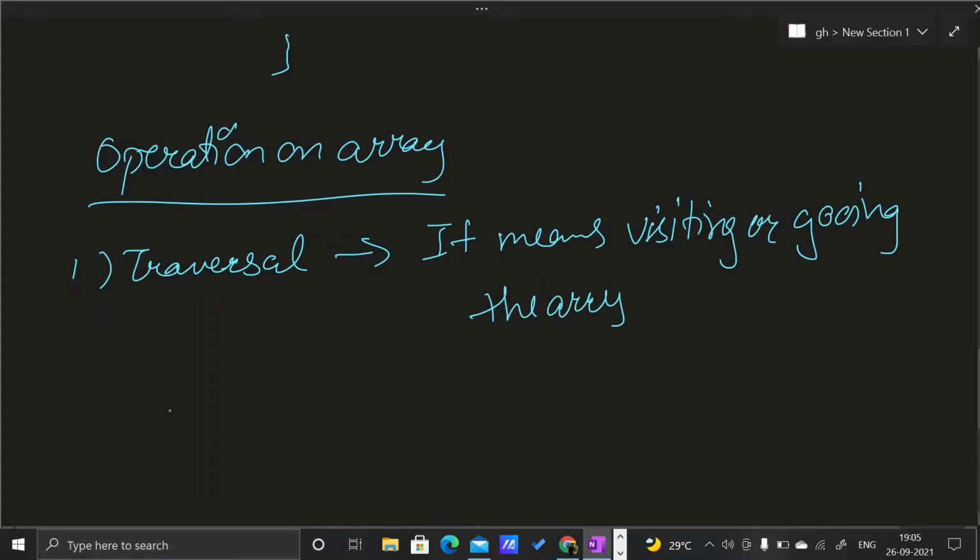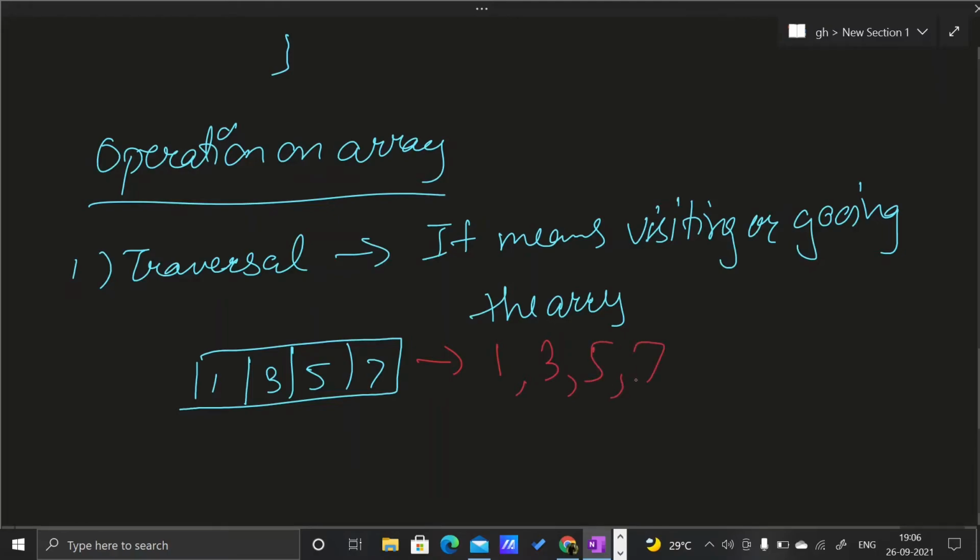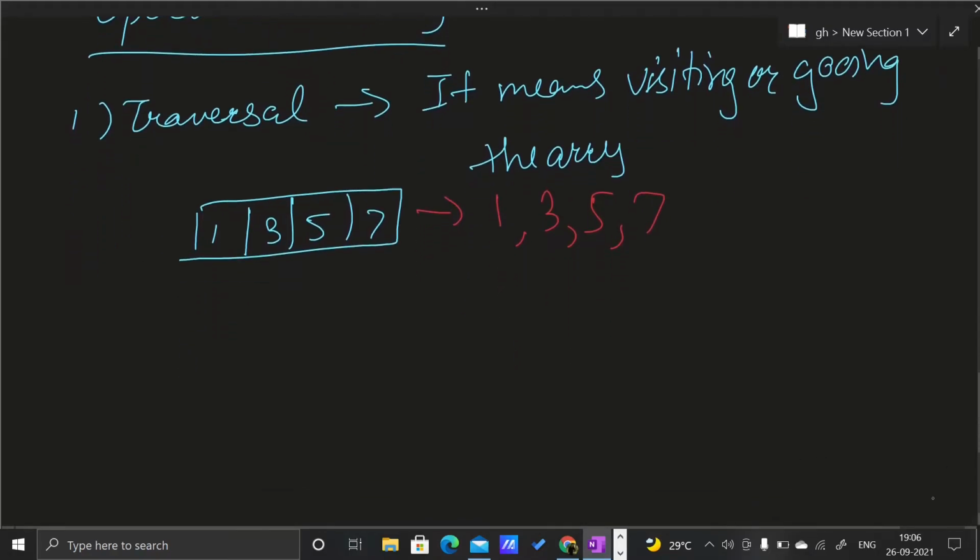Let me give an example. Suppose I have an array like this: 1, 3, 5 and 7. If we traverse this array, I will get 1, 3, 5, 7. We will visit each element and then display each element of that array. So this is one of the operations.